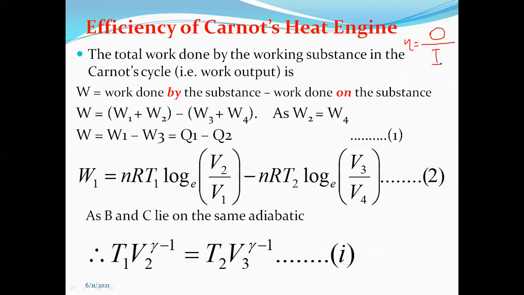So here if we take the ratio of work done, external mechanical work done as an output quantity, and the total amount of heat supplied by the source to the working substance to carry out the adiabatic changes. Okay, so this would be the input. So if we take the ratio of these two, output divided by input, we can calculate eta, that is efficiency of Carnot's engine, heat engine basically. So here heat engine is important.